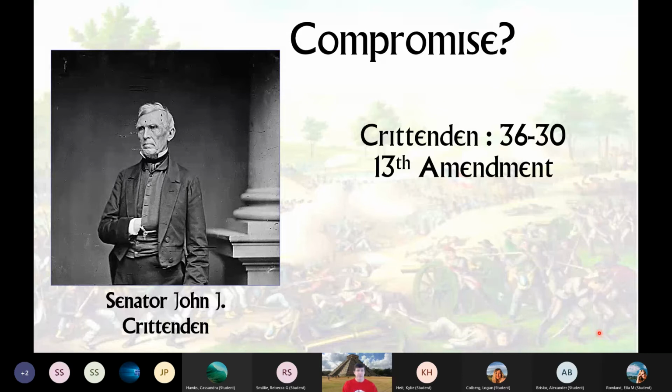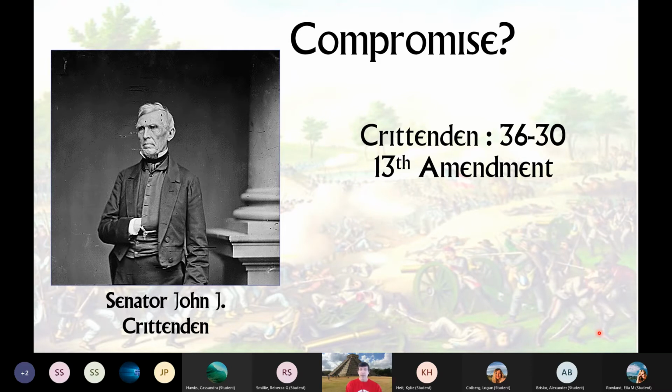That blew up in the House and the Senate before, when Lincoln was still back in Springfield, Illinois. Another one was a potential 13th Amendment. And the 13th Amendment would give a constitutional guarantee to slavery, basically telling the Southerners, even though you have a free soiler, slavery will be protected in the South.